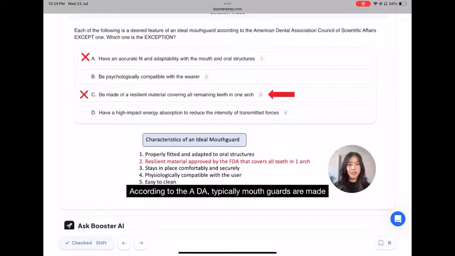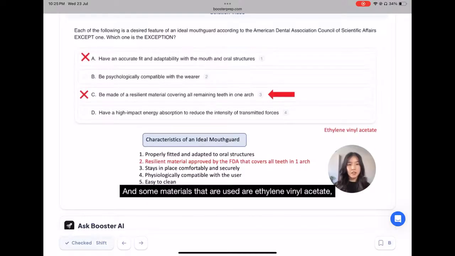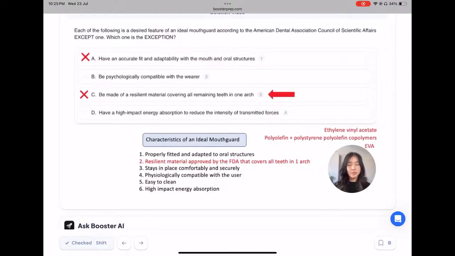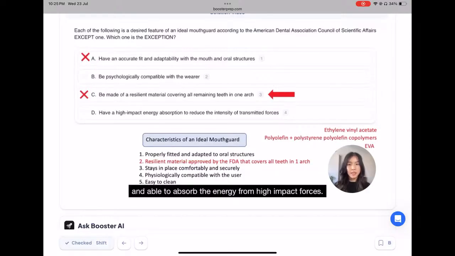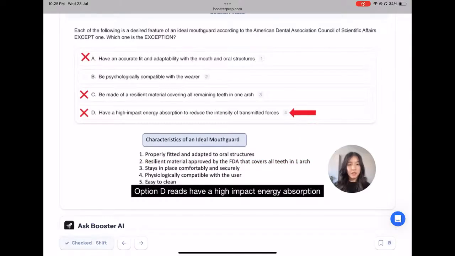Typically, mouthguards are made to cover the maxillary arch in most cases, and some materials that are used are ethylene vinyl acetate, polyolefin, and polystyrene polyolefin copolymers, or thermoplastic copolymers such as EVA. And these materials are resilient and able to absorb the energy from high impact forces. Option D reads, have a high impact energy absorption to reduce the intensity of transmitted forces, and this answer is also incorrect as